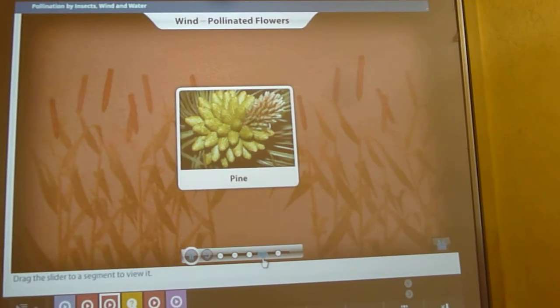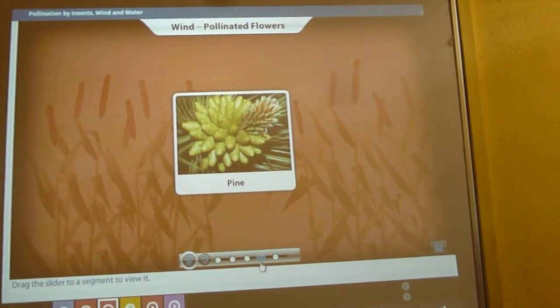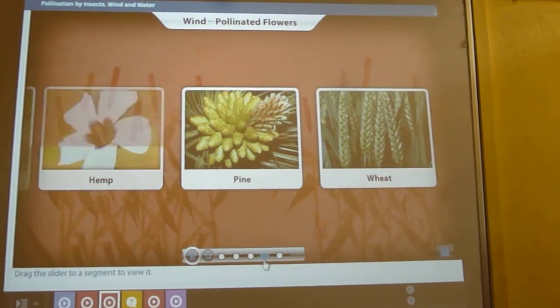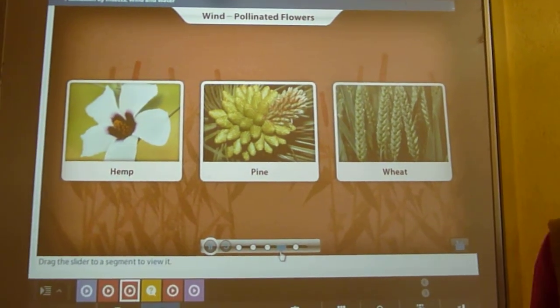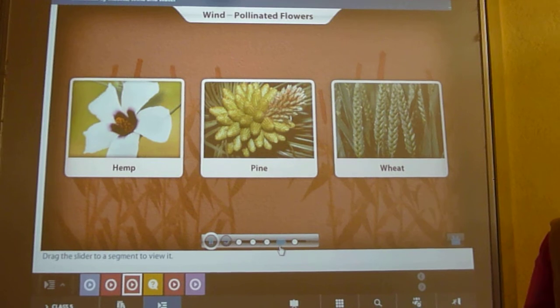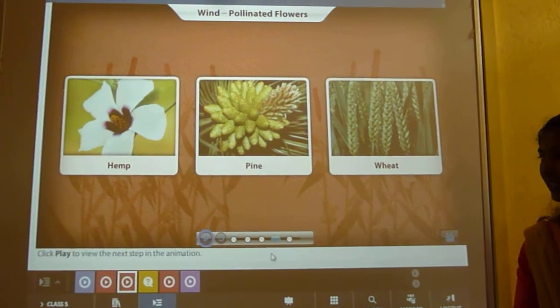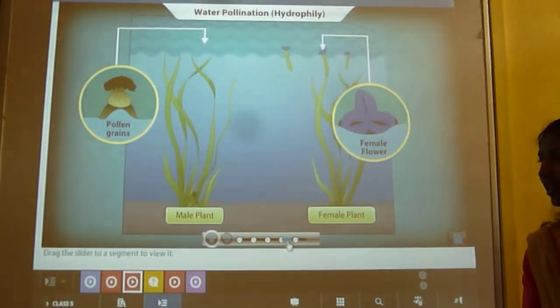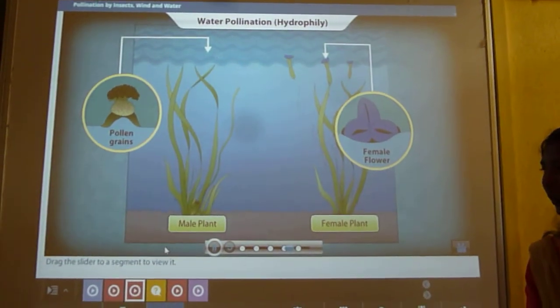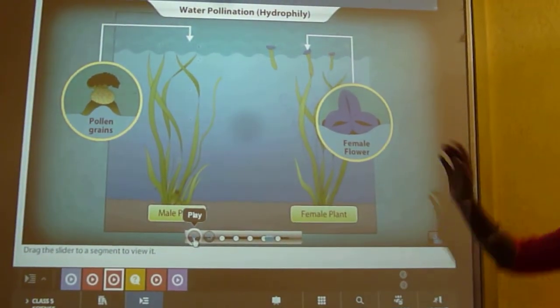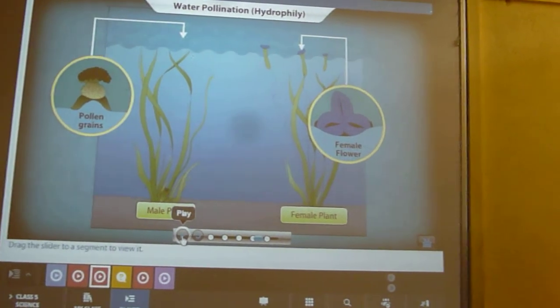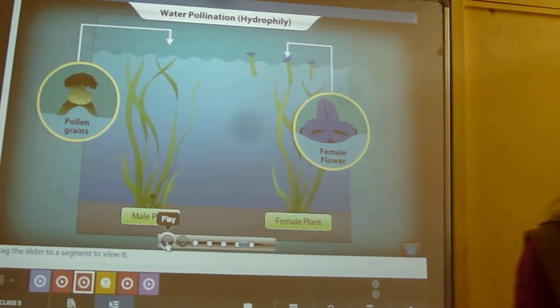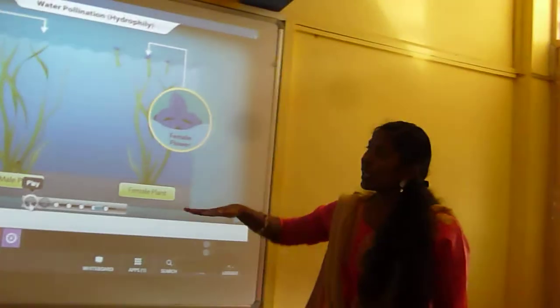Examples of wind pollinated plants are pine, wheat and hemp. Next, the last one is water. In water pollination, which is also called hydrophily, the pollen grains move to the